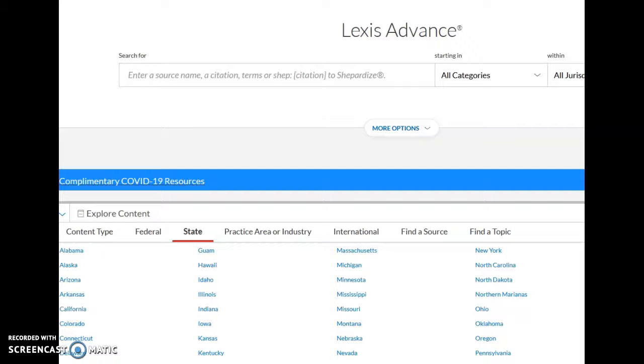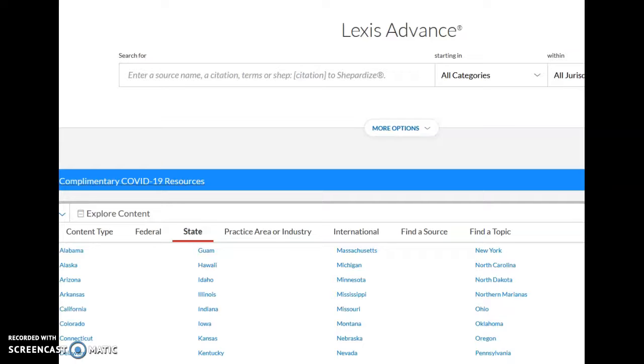Hi all, I am making this video for the week 4 discussion board to show you how to electronically shepherdize a court case. In the discussion question, you'll see there's a YouTube video that explains how to shepherdize print materials, but the video that I'm making right now will be to show you how to shepherdize electronic materials in Lexis